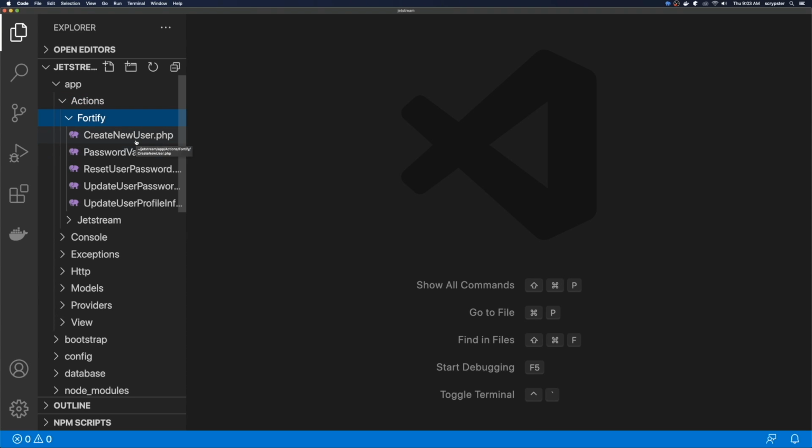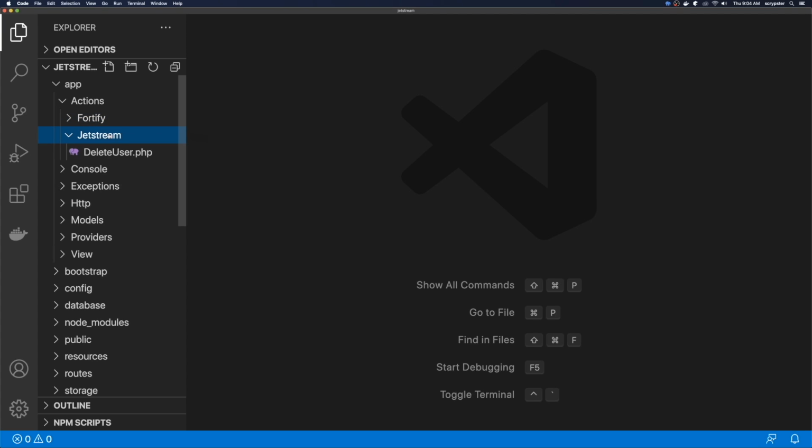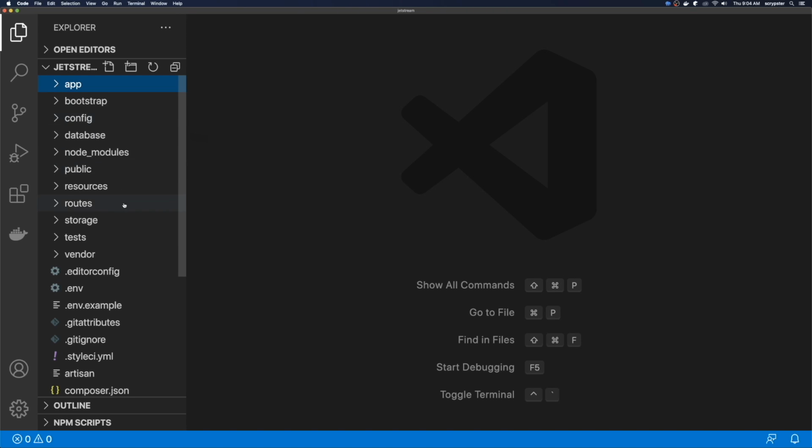We have a CreateNewUser.php, PasswordValidationRules.php, ResetUserPassword.php, UpdateUserPassword.php, and then UpdateUserProfileInformation.php. I'm going to go ahead and minimize this Fortify folder and click on Jetstream, and then Jetstream provides us this DeleteUser.php. So inside of our app, we have this new actions folder, we have a Fortify folder and a Jetstream folder. So I'm going to minimize this, I'm going to minimize the app, and I want to come